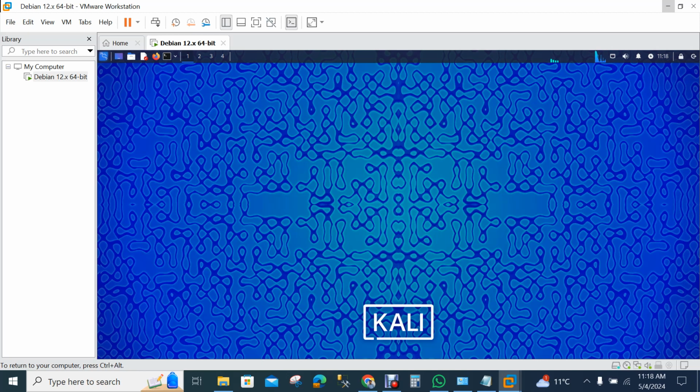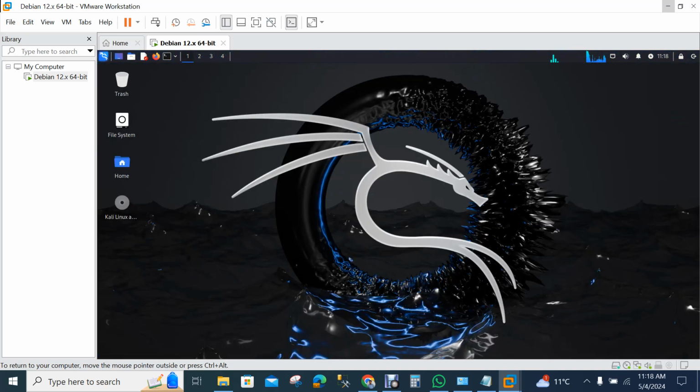What I did was install my Kali Linux as a virtual machine on my VMware Workstation player. If I like, I can also install this Kali Linux virtual machine on other workstations or players.